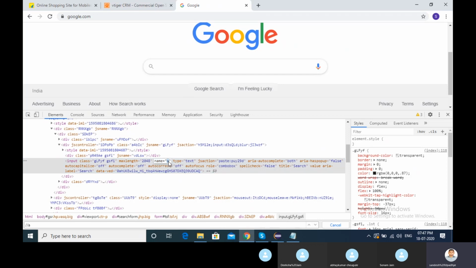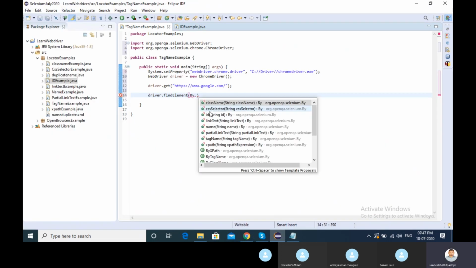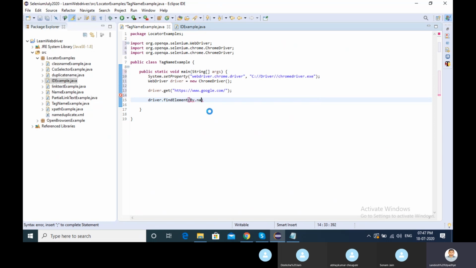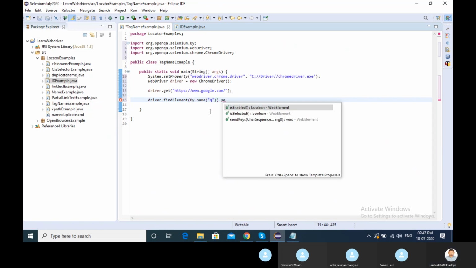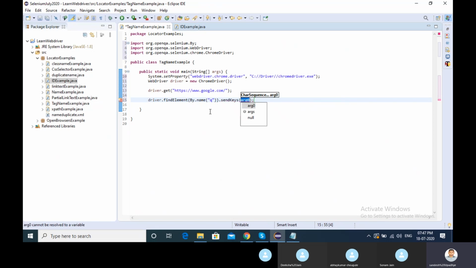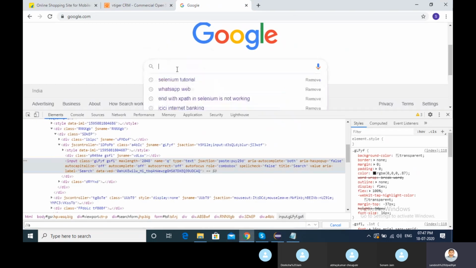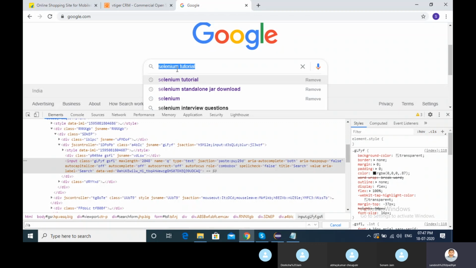I have name, By dot name. Few things I'm telling here, just keep in mind what I'm trying to tell you. Selenium, let me put in Selenium tutorials, copy.